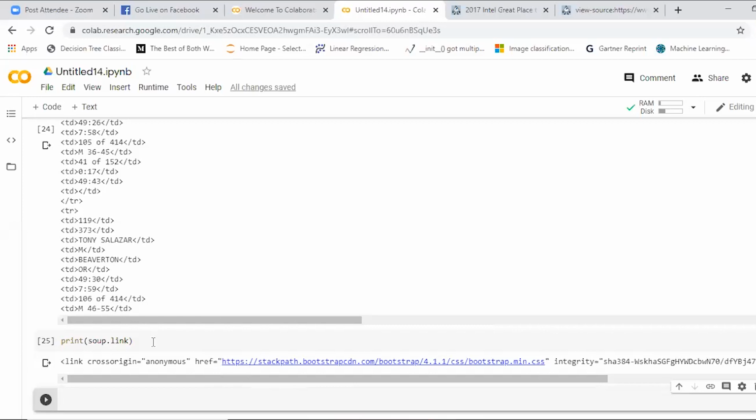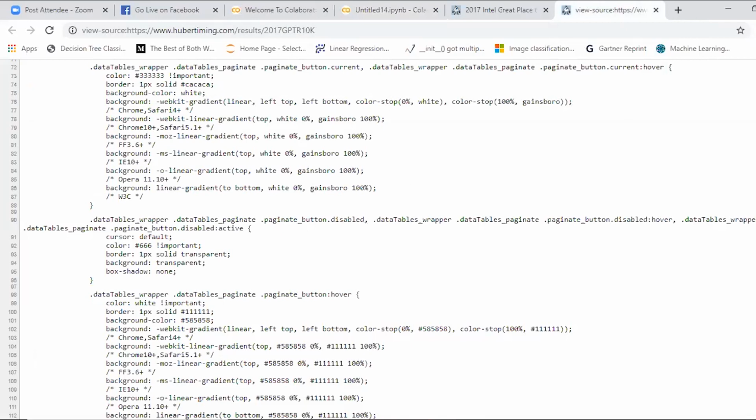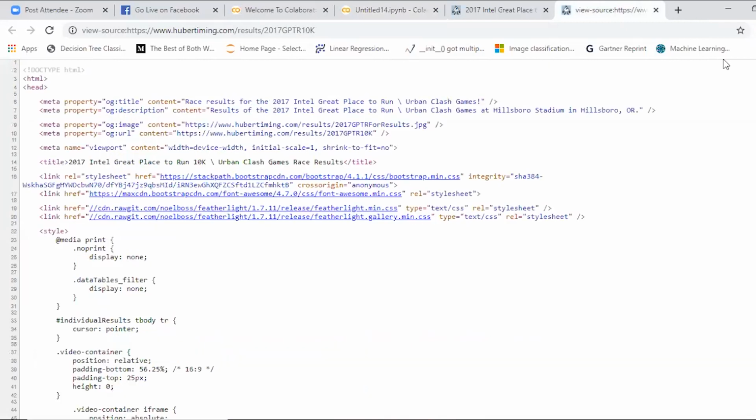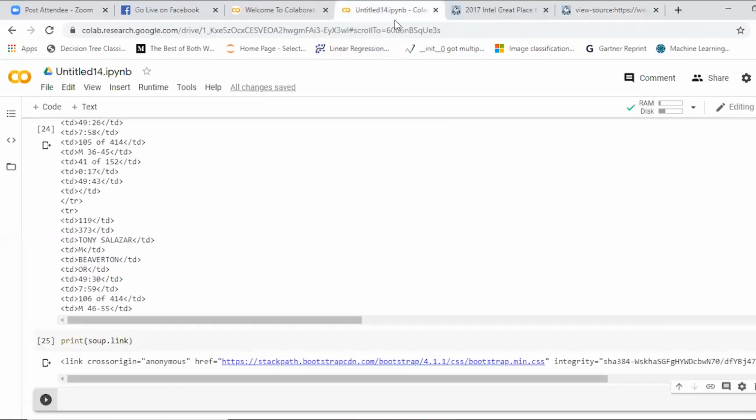You give soup.link, and you can scroll to that page. What did you get over there? The first style sheet, because I gave soup.link. If you want to find out all the links, then you can go for soup.